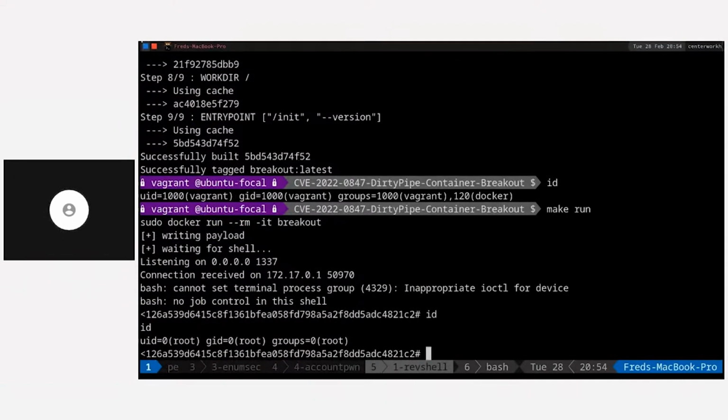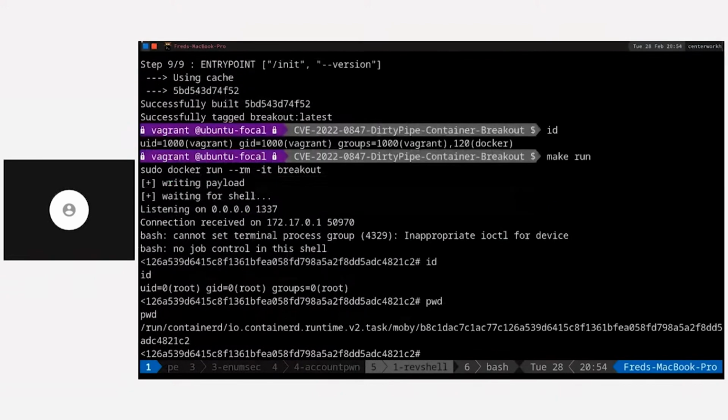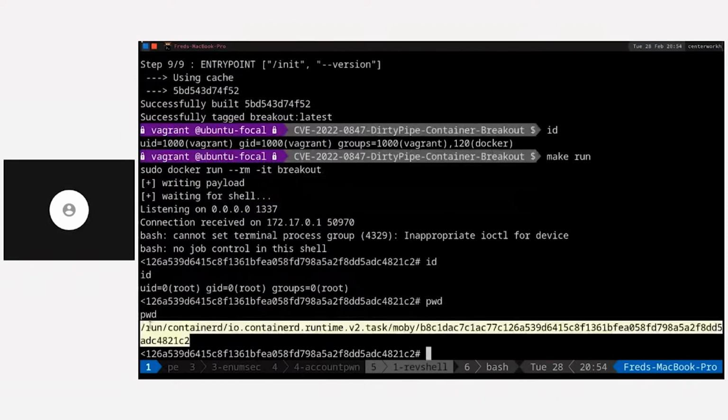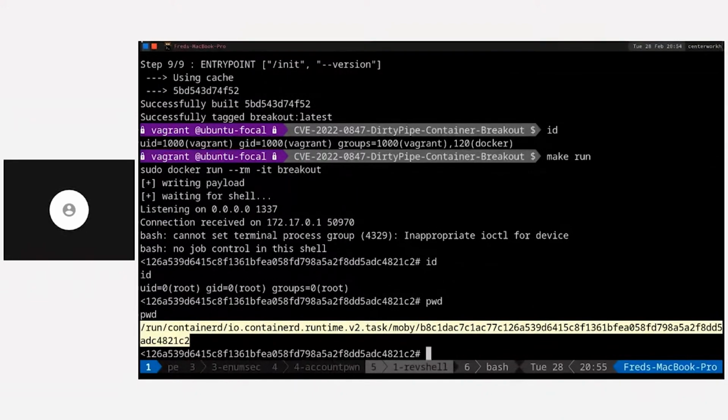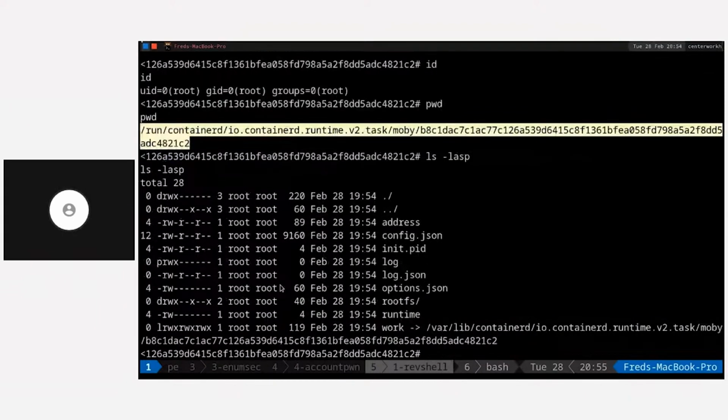Are we in the container or are we on the host? Well, if we check the present working directory, we can see, again, that is a container flavored abstraction. That is the mount point on disk that is pivot rooted into. When the container started, it's unpacked because it's a tarball, and the pivot root system call places the container itself, the process, in this directory. Well, it's actually in the directory, the contents of the container,